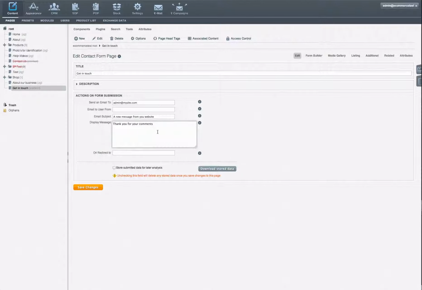We can display a message once the user has filled in the contact form, or alternatively we can redirect them to another page on the site. And we click Save Changes. Next, we'll head over to the form builder where we can begin to build our form. So if I go to Form Builder